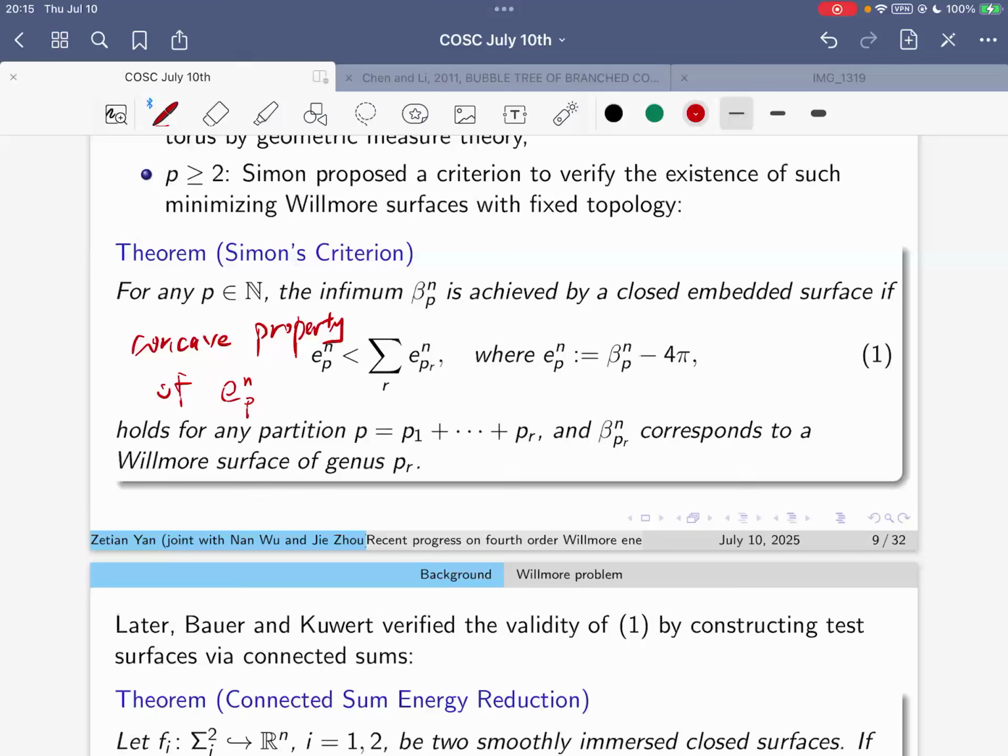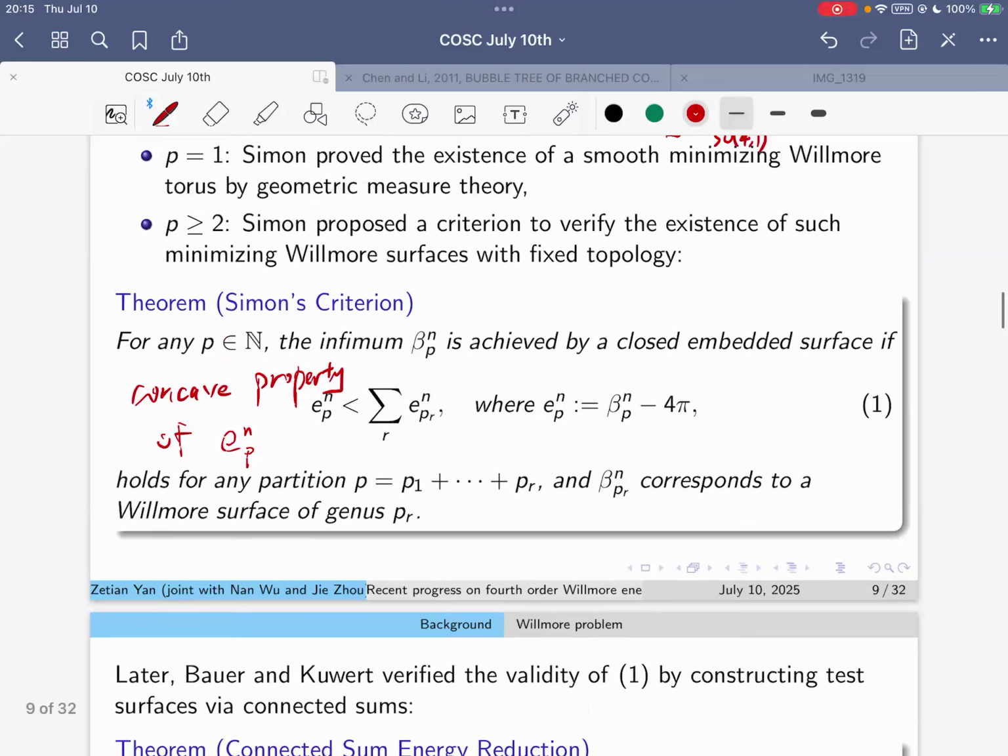So the geometric interpretation is the following. Let me see it in the following way. For example, if we have a minimizing sequence with a fixed genus equal to p,